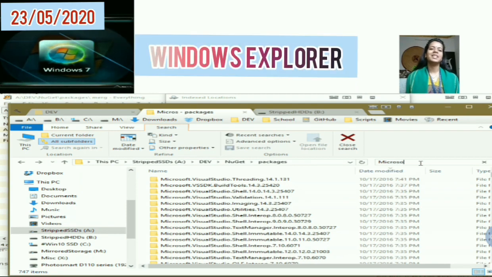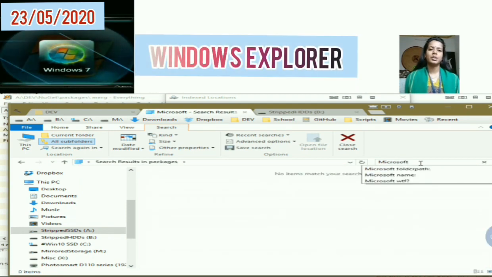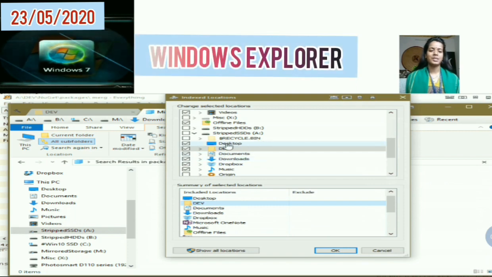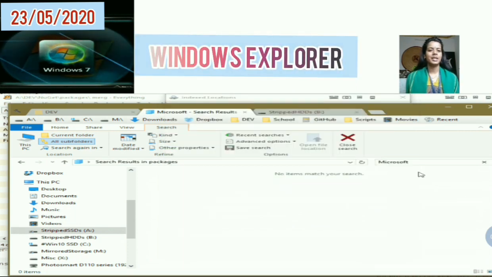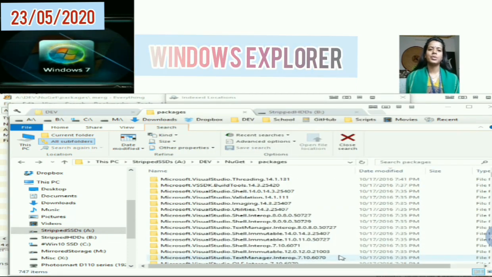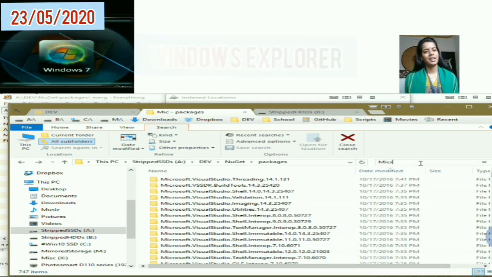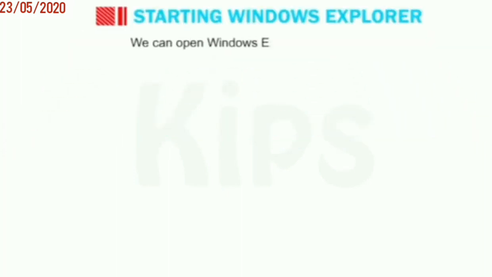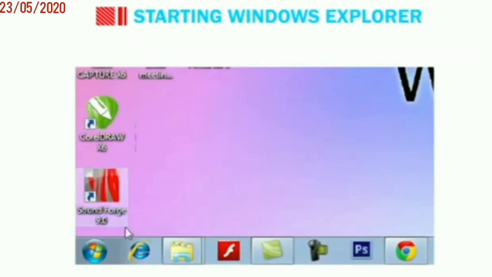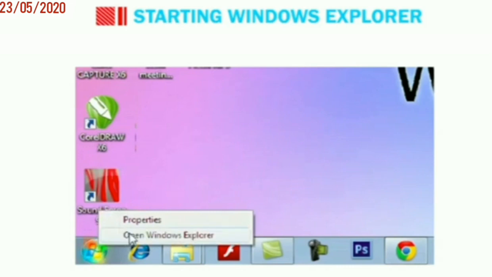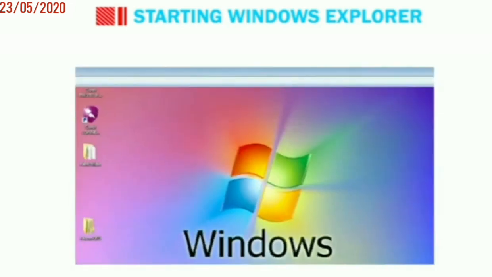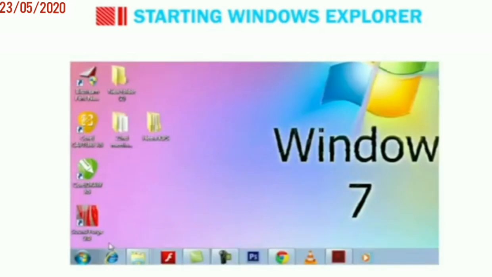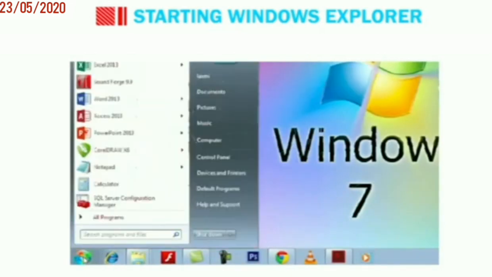Alright, so dear children, what does Windows Explorer enable us? Windows Explorer enables us to display directory structure that includes drives, folders and files. Starting Windows Explorer. Let us see how to open Windows Explorer. We can open Windows Explorer in two ways. Number 1, right click on the start button and select Open Windows Explorer option, as you can see on the screen. Number 2, click on the Start, All Programs,